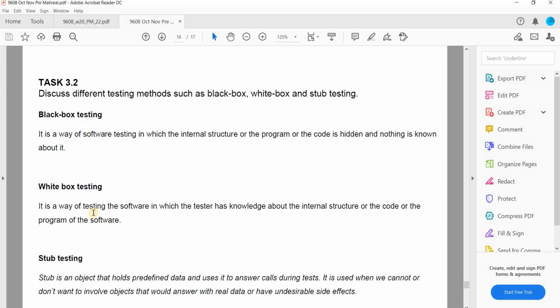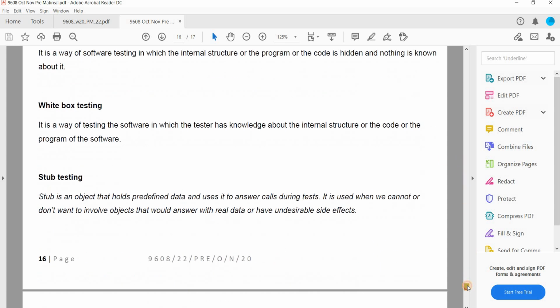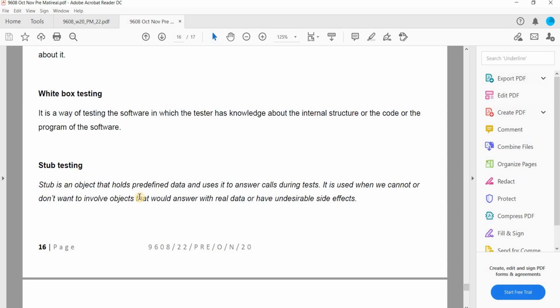White box testing is a way of testing the software in which the tester has knowledge about the internal structure or the code of the software. Stub testing: a stub is an object that holds predefined data and uses it to answer calls during tests. It is used when we cannot or don't want to involve an object that would answer with real data or have undesirable side effects.